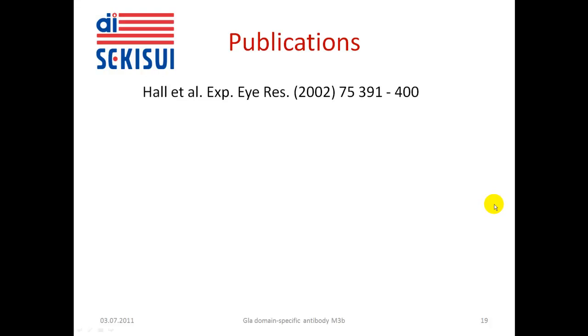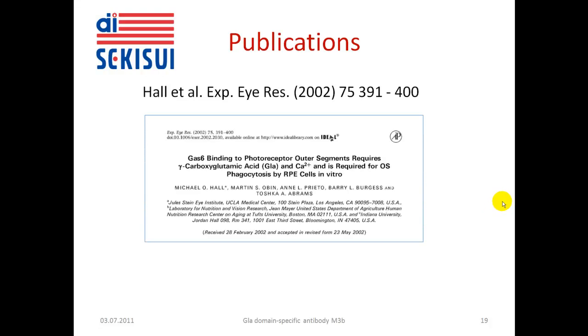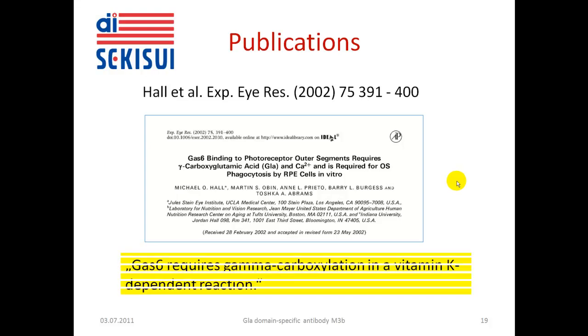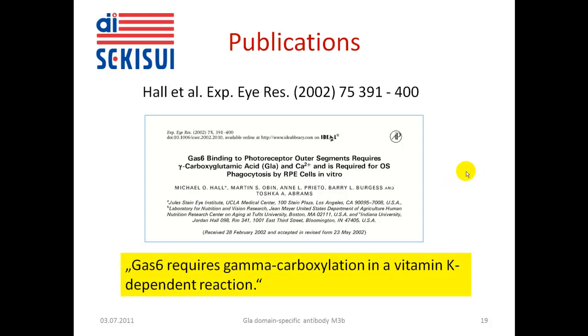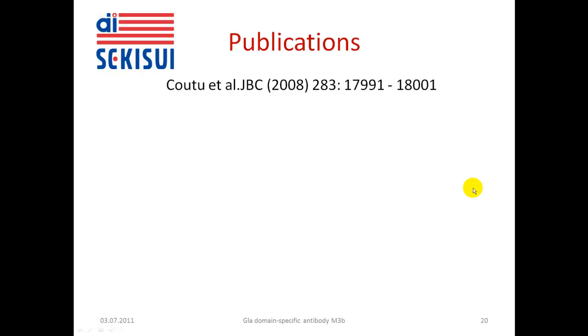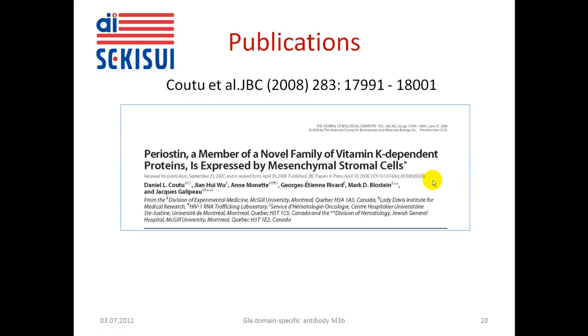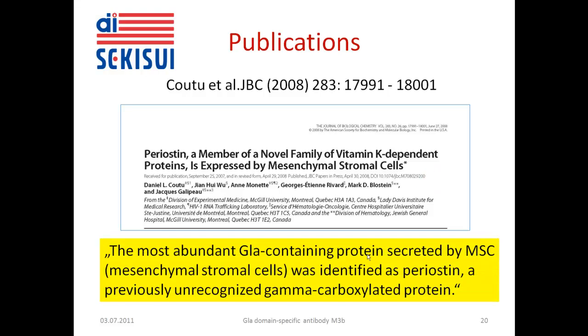There is a publication by Hall and colleagues in 2002 in which they isolated a Gla-containing protein from certain retinal cells, and they could show that Gas6, which is the protein they identified, requires gamma carboxylation in the vitamin K dependent reaction for functional activity. Coutu and colleagues, 2008, they could show that periostin, a member of a novel family of vitamin K dependent proteins, is expressed by mesenchymal stromal cells. Here the conclusion: the most abundant Gla-containing protein secreted by mesenchymal stromal cells was identified as periostin, a previously unrecognized